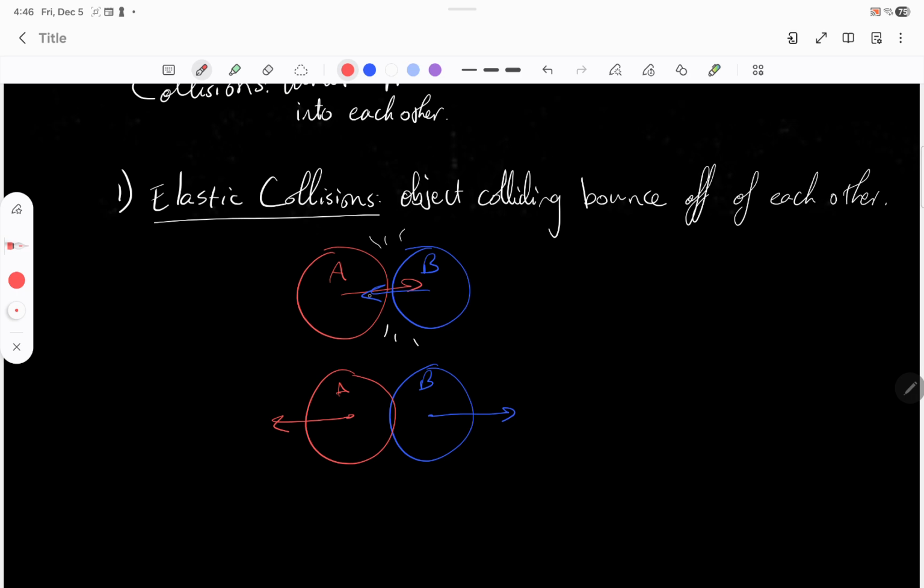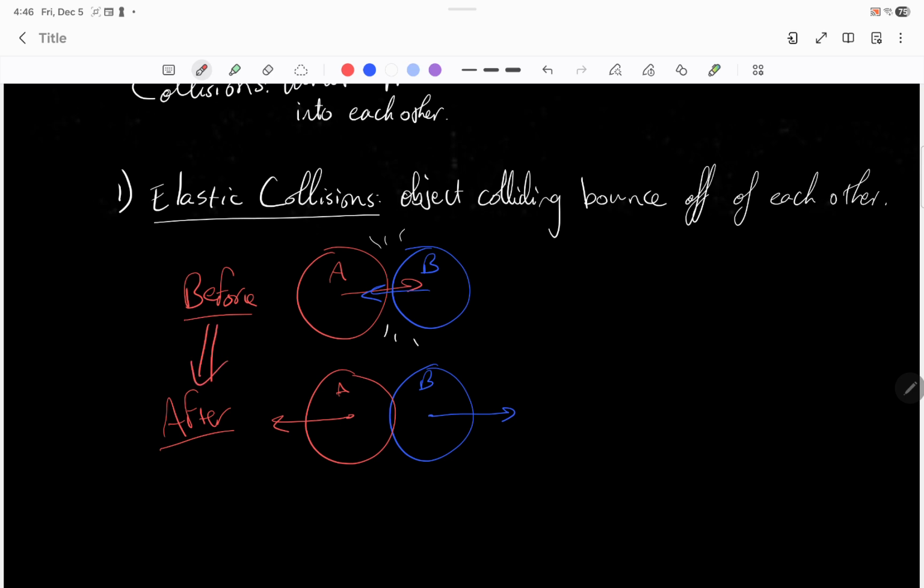So their velocities change. First, ball A was going towards the right, and now ball A is going towards the left. And similarly, ball B was going towards the left, now it's going towards the right. So in collisions, we can notice that it is very important to consider the before and the after. What is happening before the collision, what is happening after the collision. And the before will, of course, be causing the after. And we're going to see that